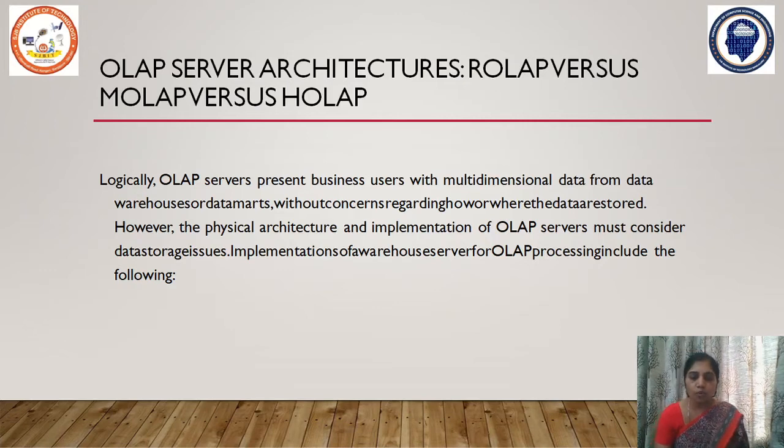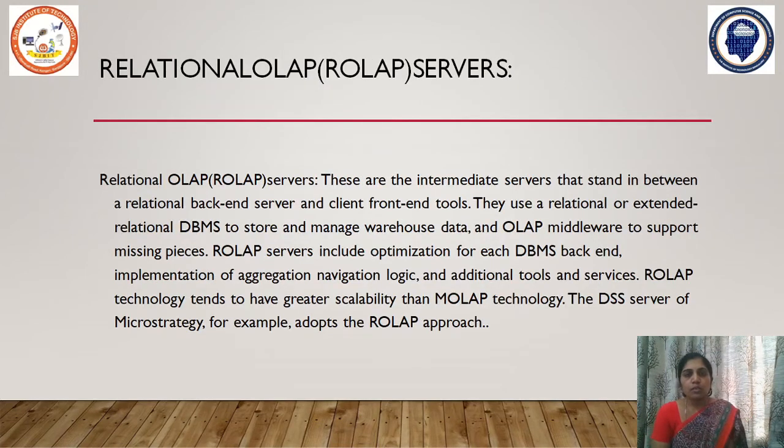Clear? Next, you have multidimensional OLAP, MOLAP servers. These servers support multidimensional data views through array-based multidimensional storage engines. They map multidimensional views directly to data cube array structures. The advantage of using the data cube is that it allows fast indexing to pre-computed summarized data. Many MOLAP servers adopt a two-level storage representation to handle dense and sparse data sets. Denser subcubes are identified and stored as array structures, whereas sparse subcubes employ compression technology for efficient storage utilization. The storage utilization may be low if the data set is sparse.